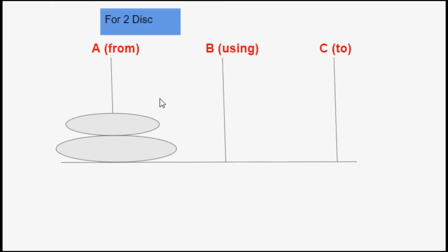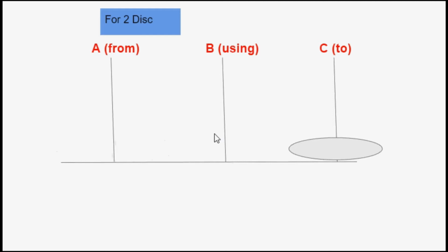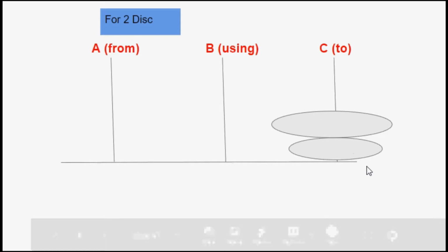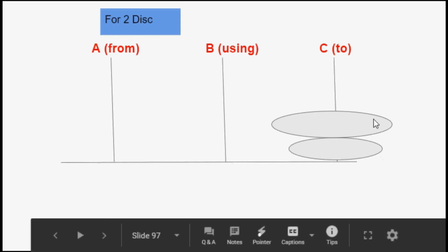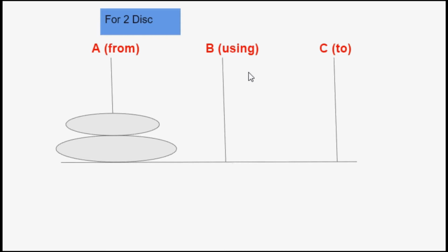First of all, see, if I make this kind of transfer, I'll take out one disk from A and place it in C. This is the possibility I can see, right? And then I'll take again one disk from A and place that on C. But this is violating the third rule of the Tower of Hanoi problem. The third rule says I cannot place a larger disk on a smaller disk. But we are doing the same thing, which means we are violating the rule. So this is not possible. That is why I need to make use of this auxiliary tower, that is B tower.